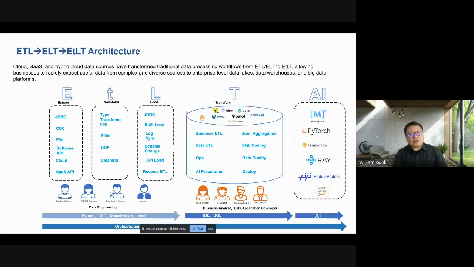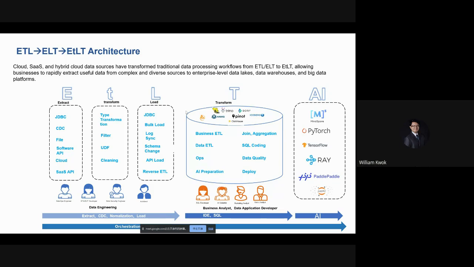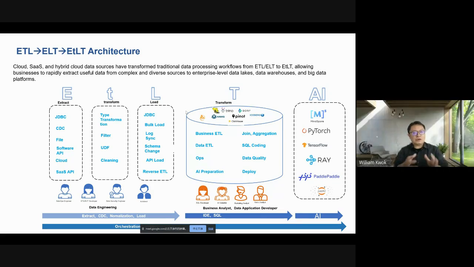So now I think the whole architecture has changed from ETL to ELT, then to ETLT. There's a small, I think it's a lowercase t transform. So ETL: E means extract, then a lowercase transform, then load. Lowercase transform means it's not like the transform in your data warehouse. There will be no business rules in your small